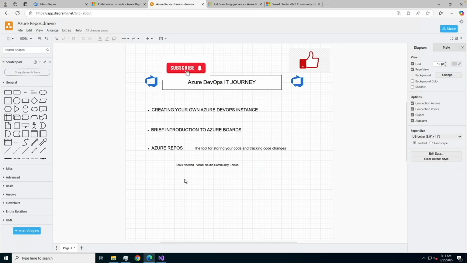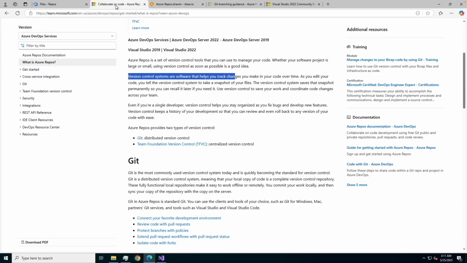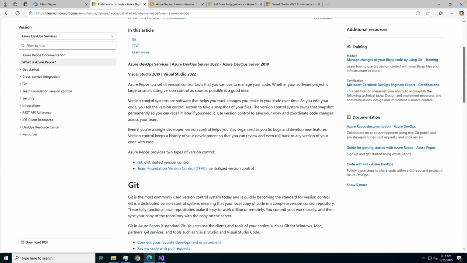See Azure Repos as a tool for storing and tracking your code. When we head to Microsoft's site, I think they do a very good job of explaining what Azure Repos is. They have some keywords which we are going to highlight. Azure Repos is a set of version control tools that you can use to manage your code. It goes further to explain what version control systems are,